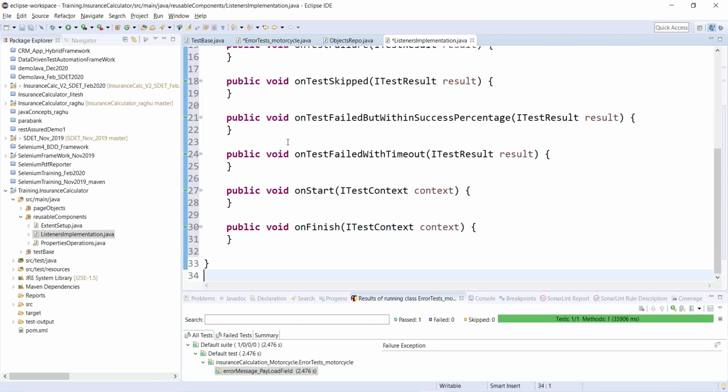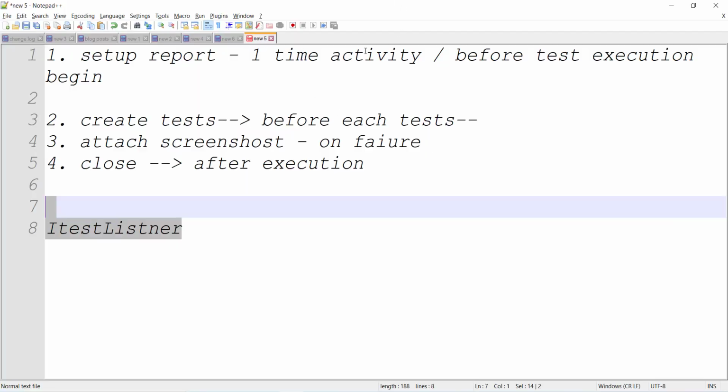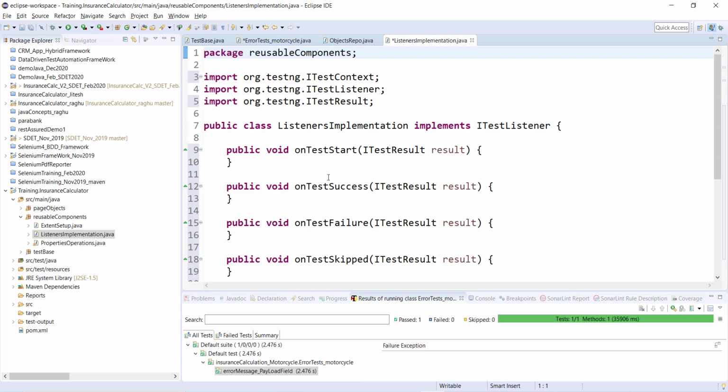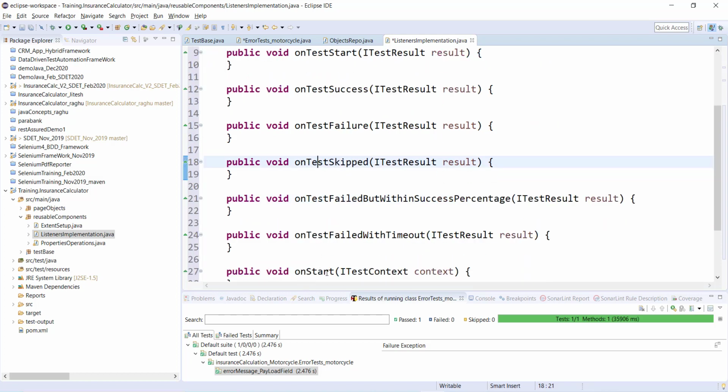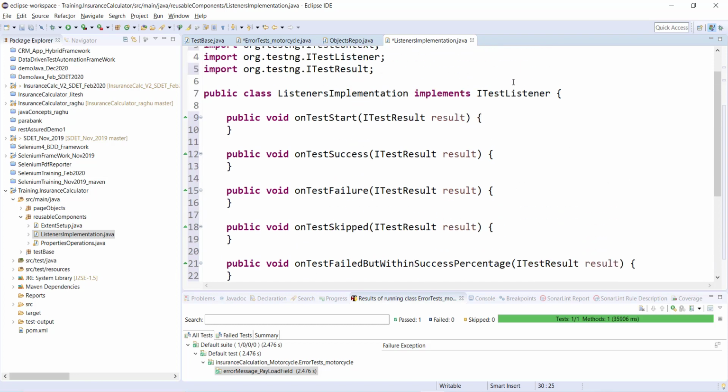Great. So now whatever I told you over here, before one-time activity, before each test, on failure, after execution, all this stuff we will do under these methods. You see, on test start, on test success, on test failure, on test skipped, on start, on finish. So here we will be putting all those things into these respective methods. These are controlled by the ITestListener interface.